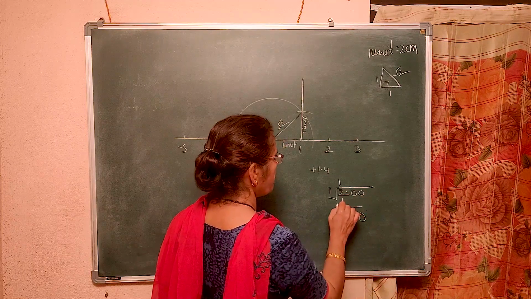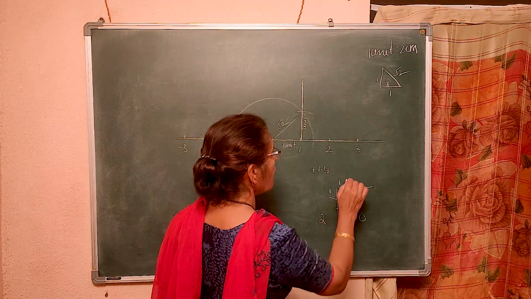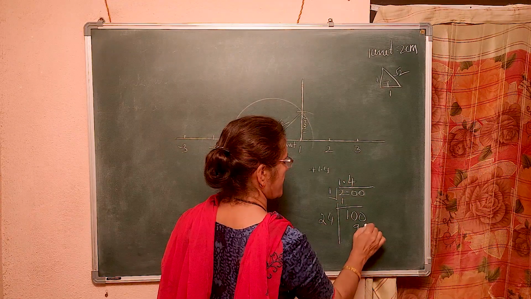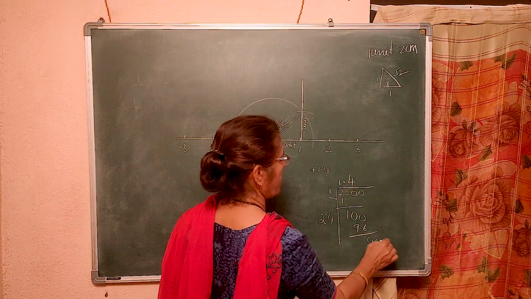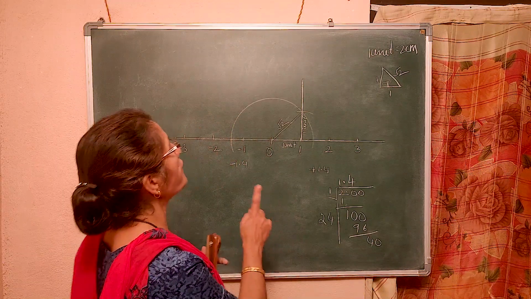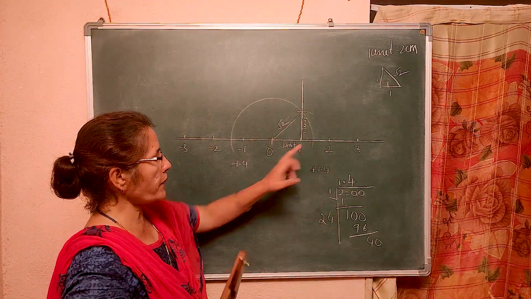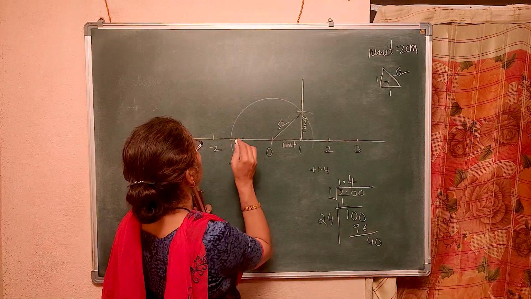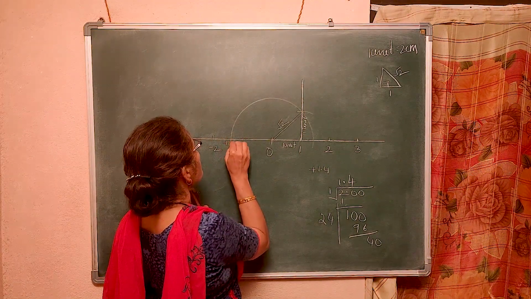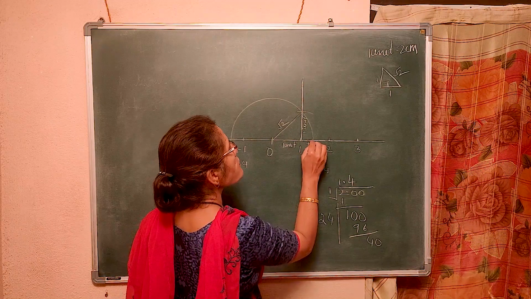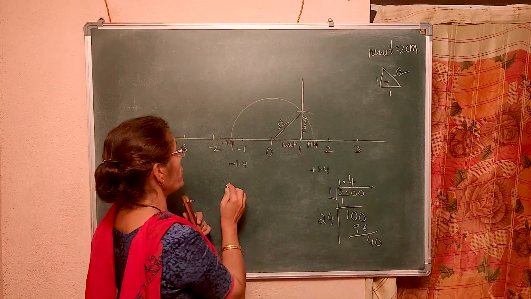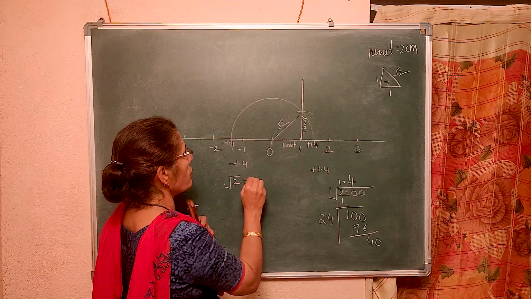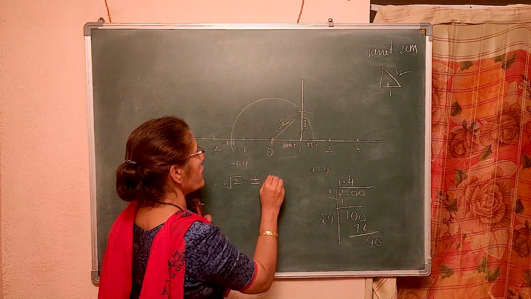Right? 1 becomes 2. Now, 4 fours are 96. So, 4 is a remainder. So, 1.4. So, plus 1.4. This is plus 1.4. This is minus 1.4. So, down you can write down. Therefore, square root of 2 is equal to plus or minus 1.4.